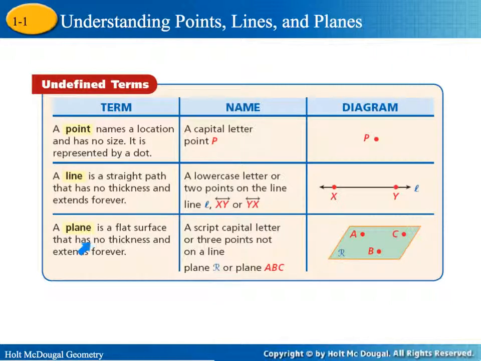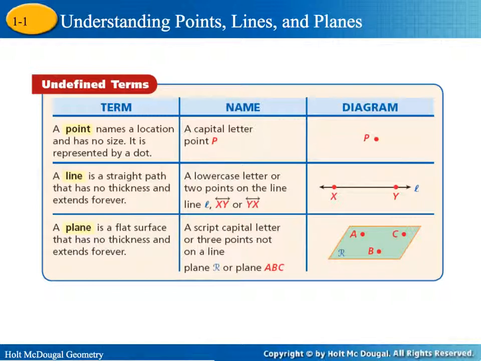A plane is a flat surface that has no thickness, and again, it extends forever. So over here in our diagram, it is an example of something that we can symbolize a plane. A plane is an undrawable object. It's going to extend forever. You can't draw a plane. So this is a symbol of a plane. Same as this is a symbol of a line and a symbol of a point. A point, a line, and a plane, there are no actual things that are those, so you have to draw